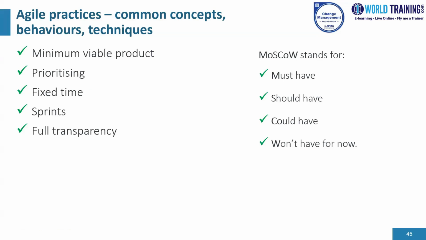So another important concept in Agile is fixed time. Deliver what you can within the agreed upon time. In most Agile practices, finishing on time is more important than delivering everything. One of the frequently used terms that we see in the world of Agile is time boxes. They're also called sprints in Scrum. This is integral to the fixed time concept.